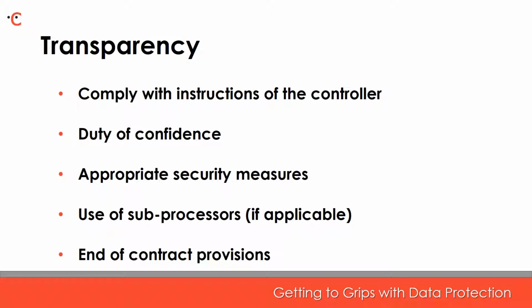A processor must provide confidentiality undertakings to ensure that anyone within the processor's organization who has access to and can handle the personal data is also bound by confidentiality obligations to protect the data. Strictly speaking, if such a confidentiality obligation is imposed by the law, then the contract may not really need to be so detailed as to confidentiality, but we would recommend this be covered in the contract anyway for a belt and braces approach. Clauses would also need to cover appropriate security measures, which I'll discuss in a moment as part of my third key area.